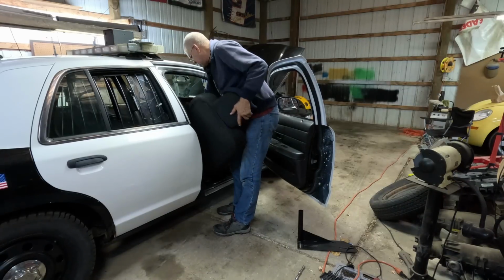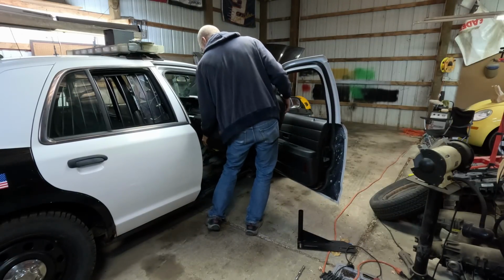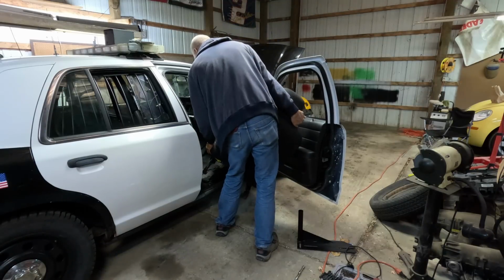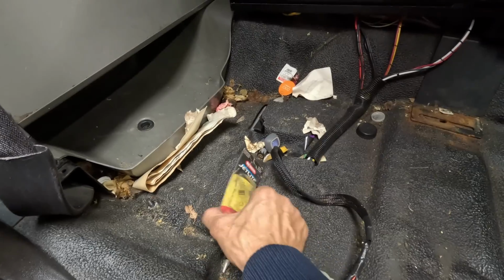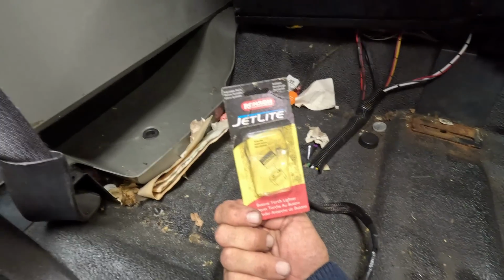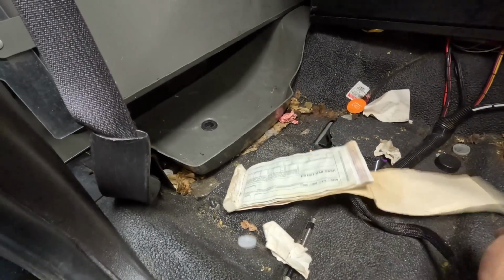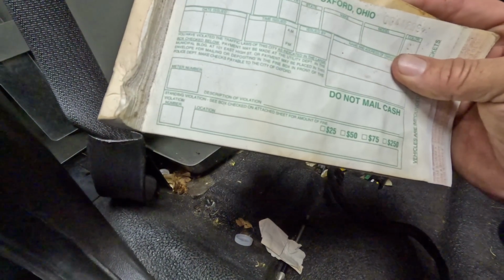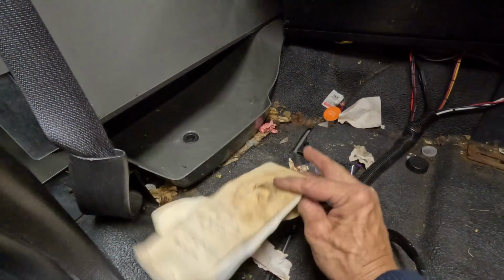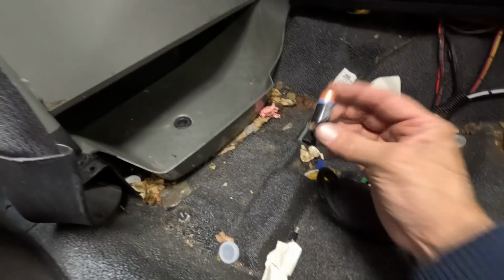So let's see what kind of goodies we have underneath the seat. There's always something good hiding in the seats of a police car. Oh, and there's a wiring harness that goes there that I forgot to take out. Oops. At least we can see what's underneath the seat. All right, let's play what is underneath the seat of the police car. Well, butane, what would have been butane to refill your cigarette lighter, and City of Oxford, Ohio parking tickets, it looks like. Only a couple of those left. Those are probably no good. And air wicks, a battery for something,